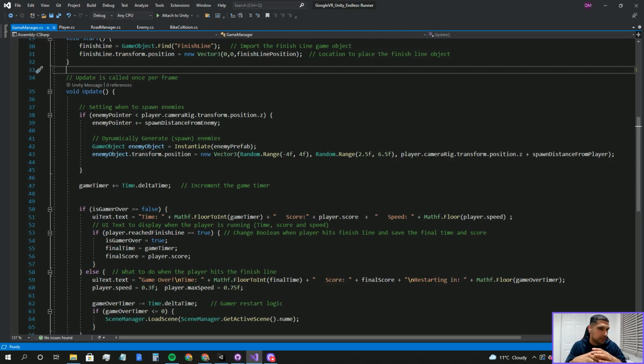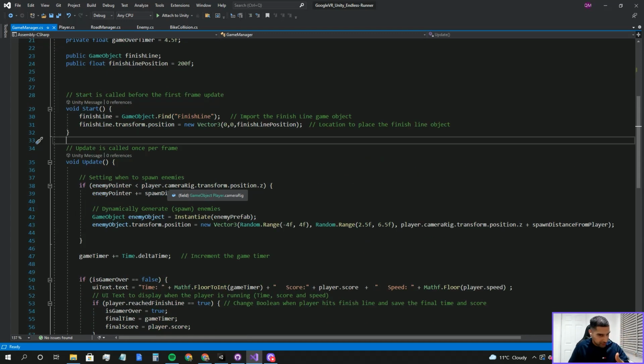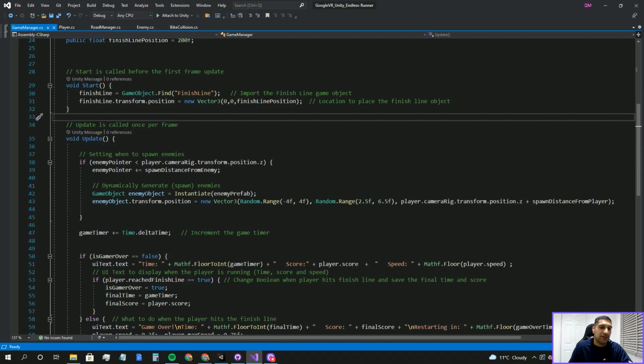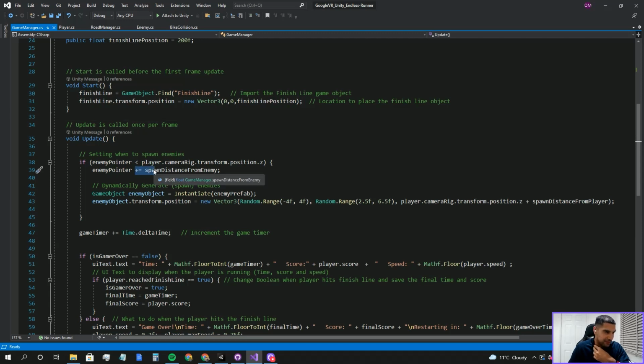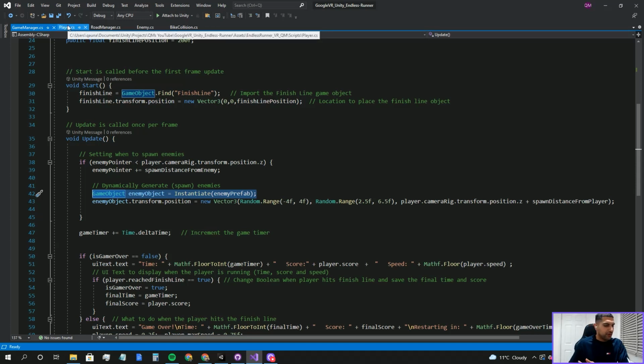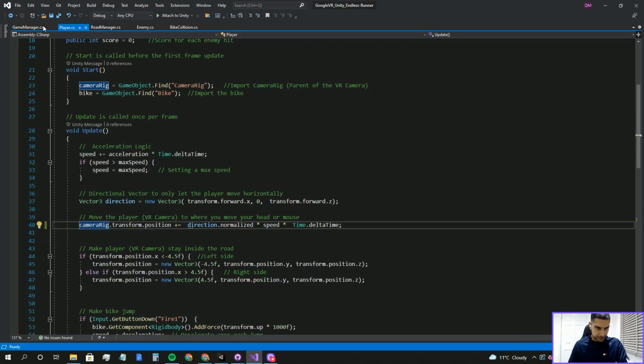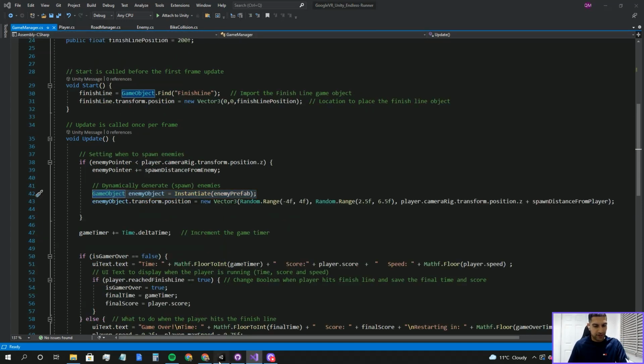That for each loop has a distance calculator in there, and this is basically an if statement mixed with some basic math in an update loop for it to keep running, with a bit of instantiation, which is a standard thing in game development. It's what makes the road keep generating and the enemies keep generating. And again, these concepts don't have to only be used in endless runners, but just before we jump into the player, let's